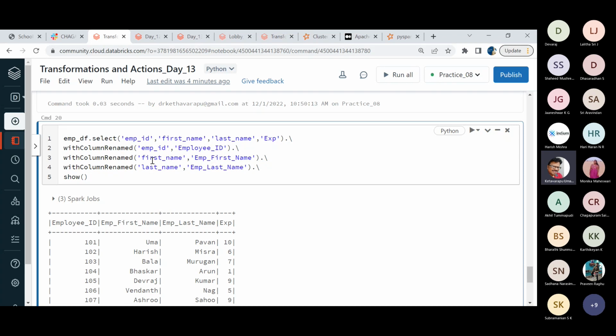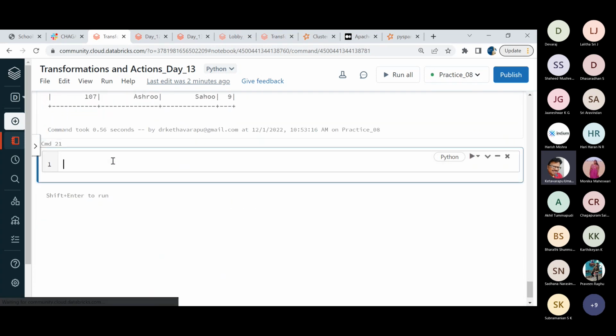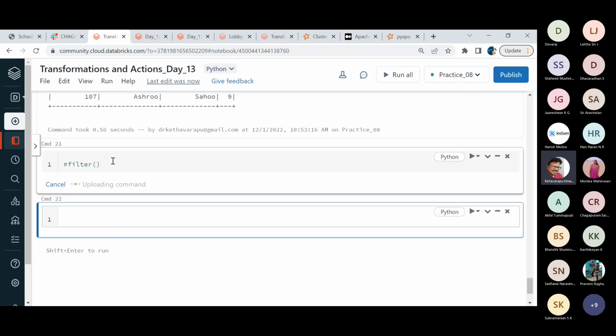So these two are the most frequently used narrow transformations along with the select method. Okay, according to your select method, you can perform that. Now, the quite interesting aspect is the filter. We are always working with conditions in SQL, so generally we perform some kind of activities. Similarly, here also there is a requirement from our